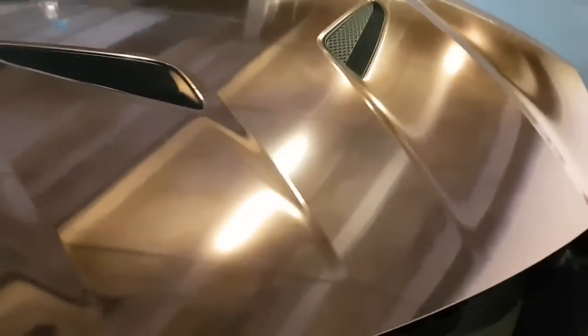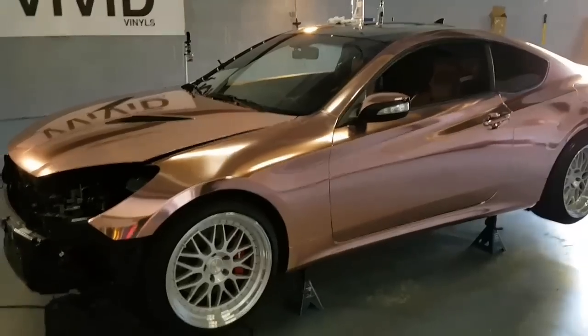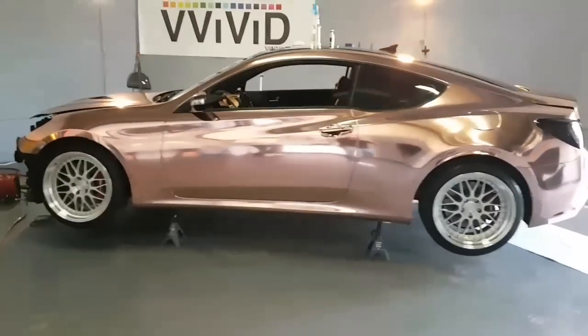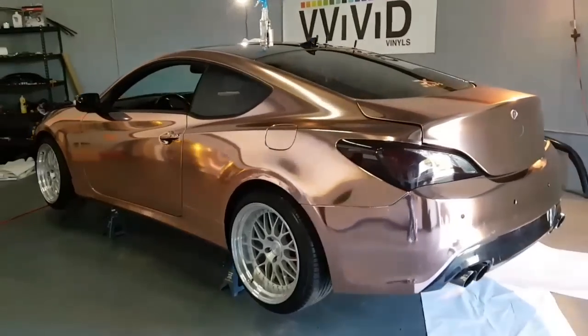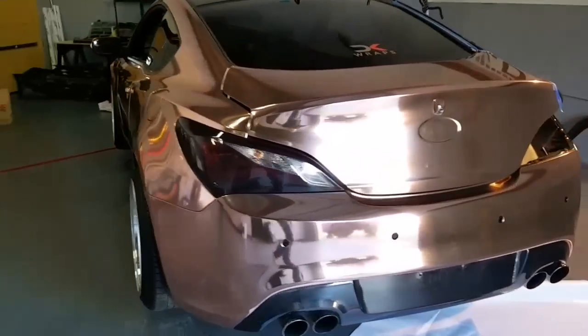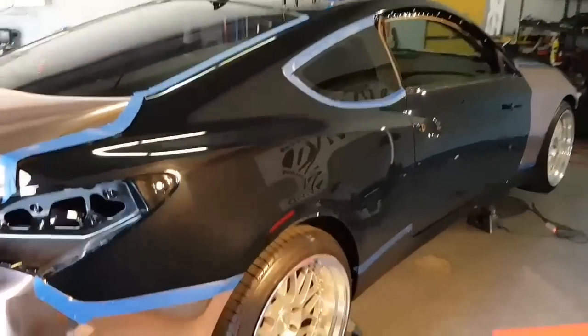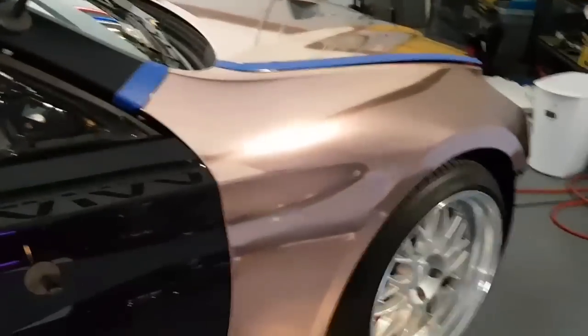I'll give you a quick little tour of the car and how it's going. Bumper's still off, the hood's done. And this is what we're looking at right now as far as the rose gold chrome goes. So we've prepped this side, we're pretty much ready to go and finish it off, and then the front bumper, and then we're all done. Anyways, that is your in-depth